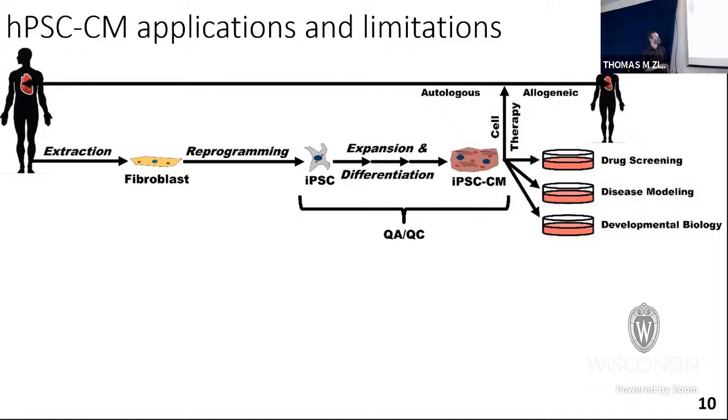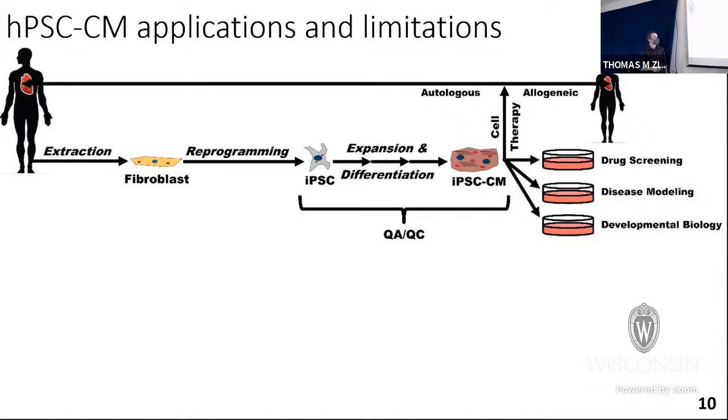This cardiomyocyte can then be used, as I mentioned, in a cell therapy application, either autologous, where it goes into the same person from which you derived that initial donor tissue, or into an allogeneic transplant, so it can be implanted into additional patients. Particularly for our field and for cardiomyocytes, a lot of the work is trying to develop allogeneic therapies, wherein you could derive cells from one patient and potentially treat hundreds or thousands of patients from that one patient, again due to the vast expansion potential of these pluripotent stem cells.